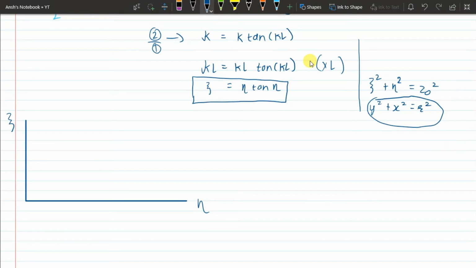So the thing is, we cannot solve these two equations analytically to find xi and eta. We have to do it graphically. So how it looks like when you do it. Let's plot these two functions on our graph right here. So you have eta, let's say you have eta equals pi by 2, eta equals pi, eta equals 3 pi by 2, and eta equals 2 pi.